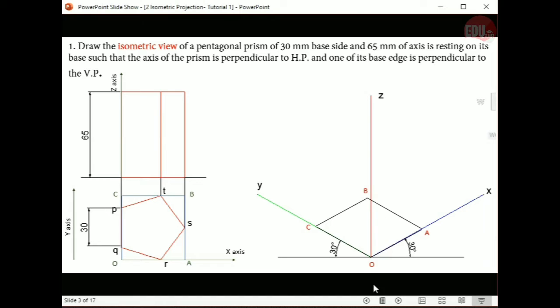Okay, we have one more method. With OA as center and OC as radius, you can strike an arc. Okay, like that, with OC as radius, A as center, you can strike an arc. In that manner also you can find point B. Okay, since this distance and this distance are different, you will get a point which is not on the Z axis. It will be slightly away from the Z axis. If both these dimensions are correct, then you will get point B on the Z axis itself.